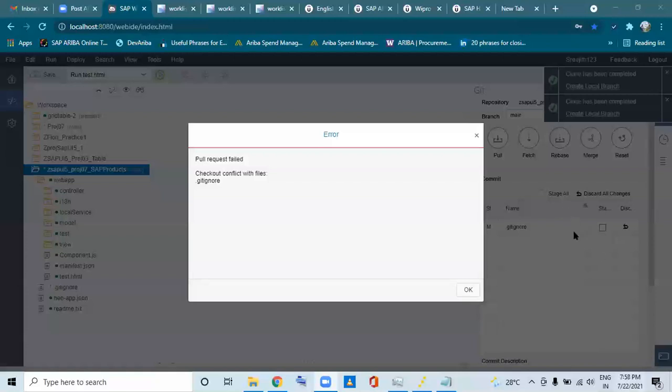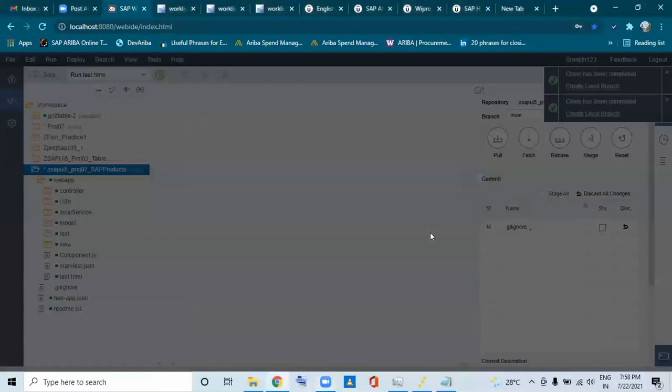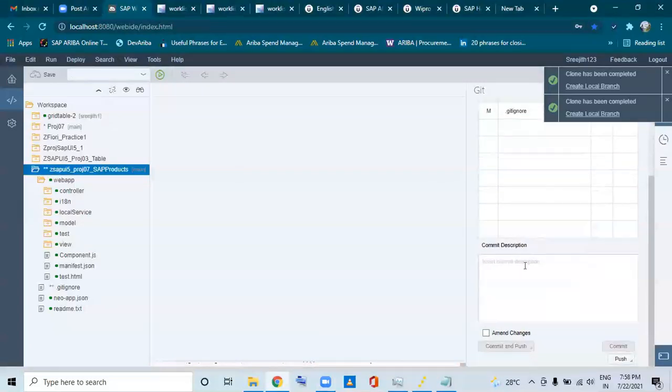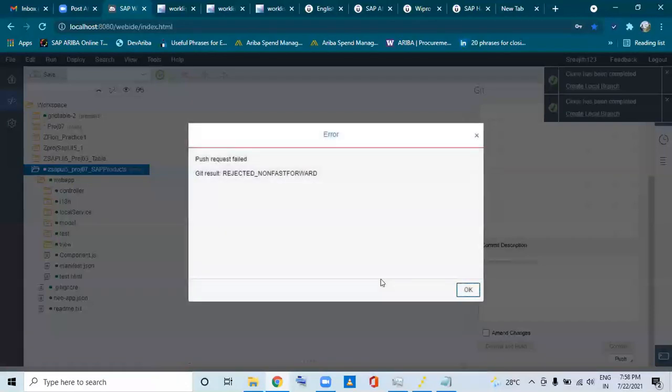The right side I can see that. Yeah, you're getting a conflict. No, just click on OK. Yeah, what is the problem? I think here you click on stage all on the right side only, stage all. Yeah. Just scroll down and write something there, any comment. Yeah, so here commit and push to the origin main. Okay, let us wait and see. Okay, and rejected non-fast forward.